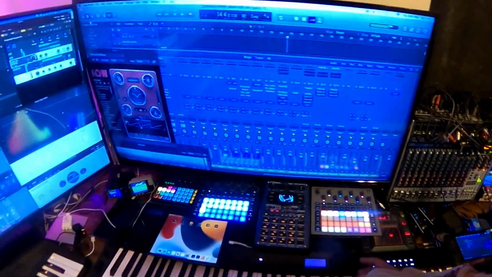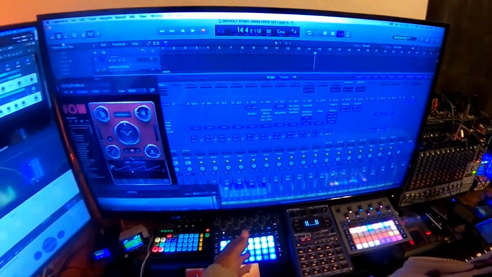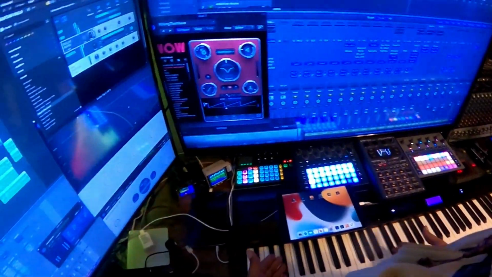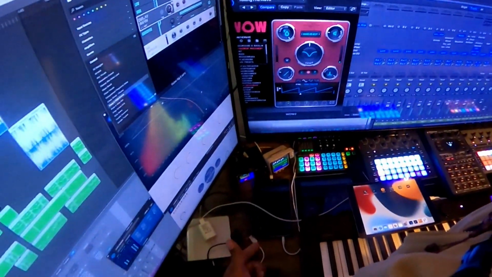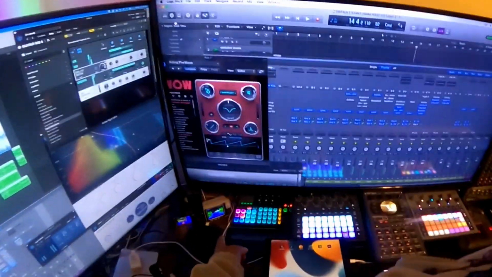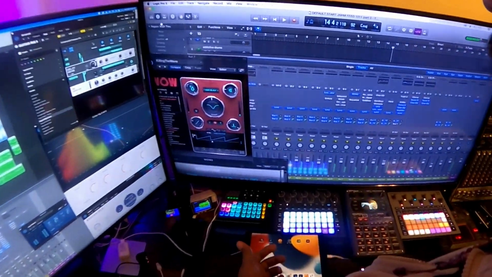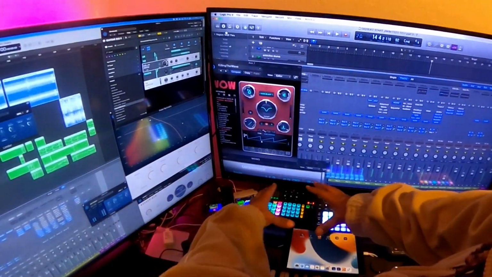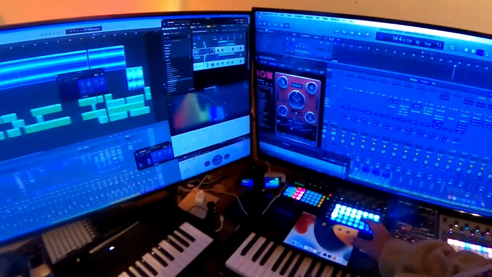Chord KP3, Circuit Rhythm, Circuit Tracks, SP404 Mark II, new iPad, iPad Classic in the back, Android tablet, ham radio, another gaming station with a little controller, effects, a mixer board kind of thing, a little hub for this side of the studio,